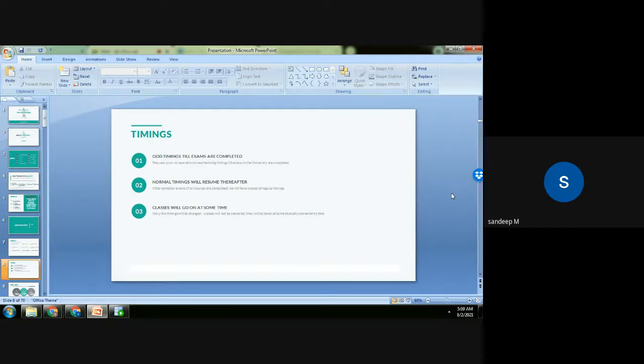So when the exams are going on, I'll not be in a position to take the official classes at 10:40. However, as you're aware, what we've been doing for the past 1 month is, whenever there is a class, if we are unable to meet at 10:40, we are making it up the same day at 7 o'clock or 7:30 in the night.